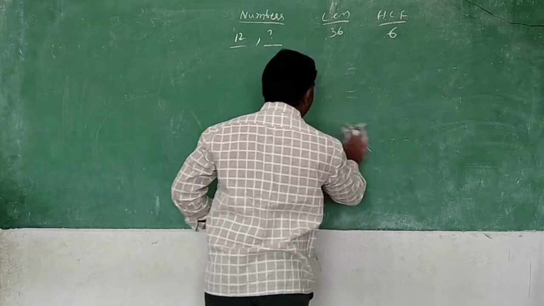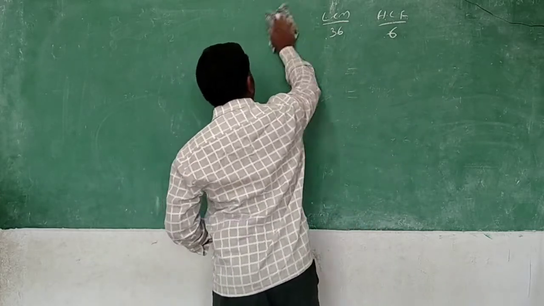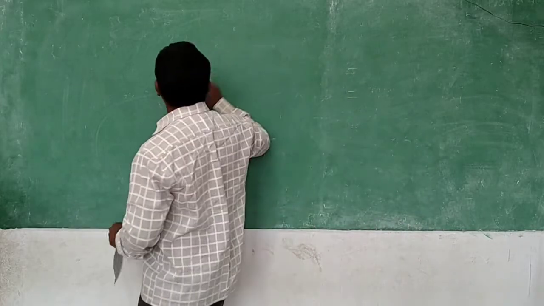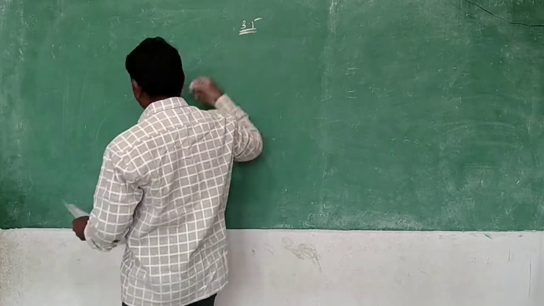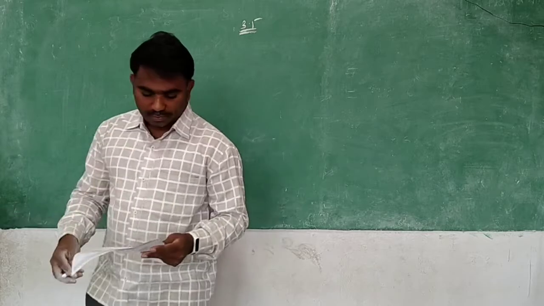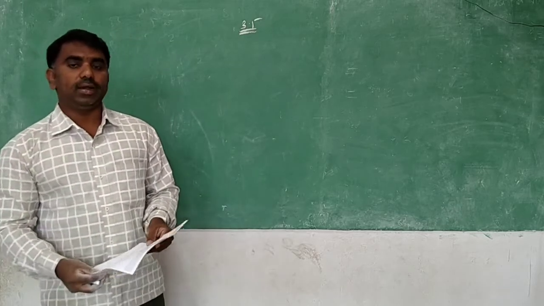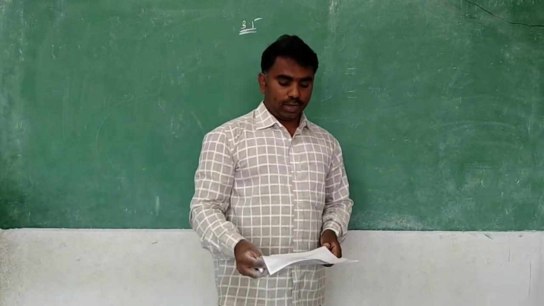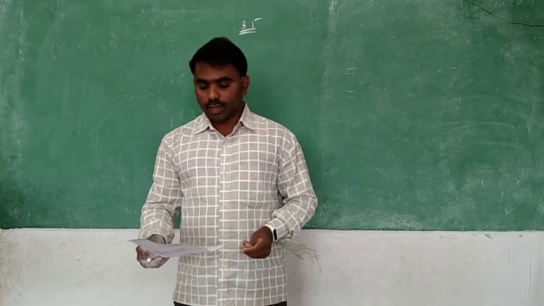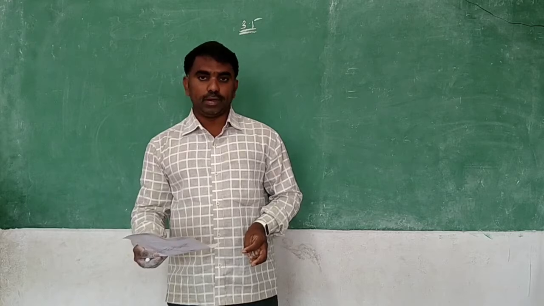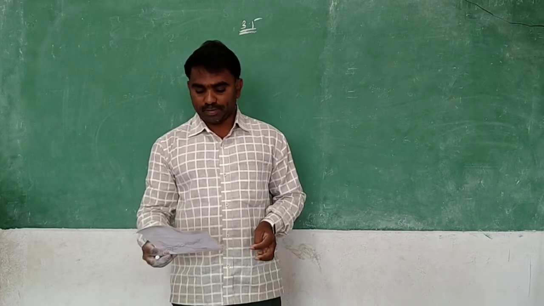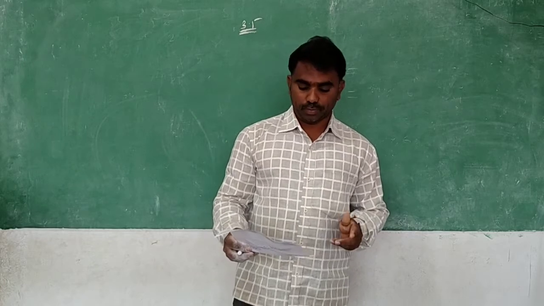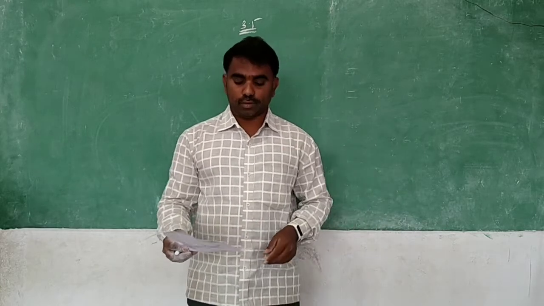Now, verbal problems on the LCM, that is on page number 41, 3.5. In this, the first and second you have done already. I said to find the LCM by using our method, so I think you have completed this. So 3.5, page number 41. First and second are to find the LCM. Then the third one, you see here.